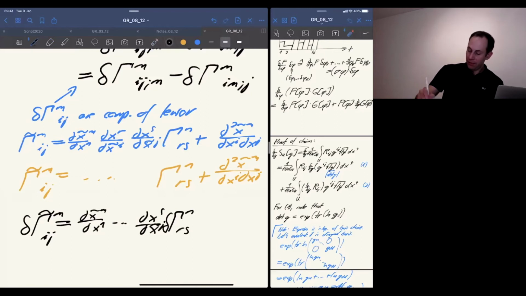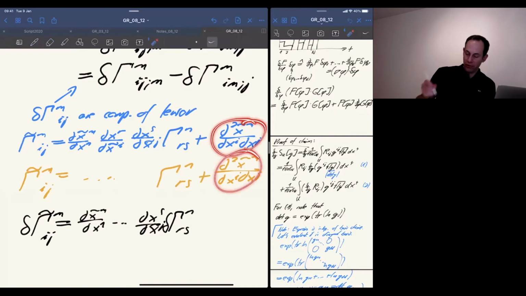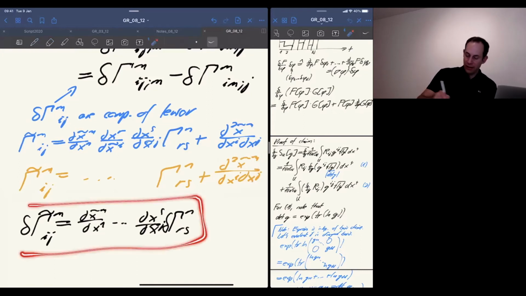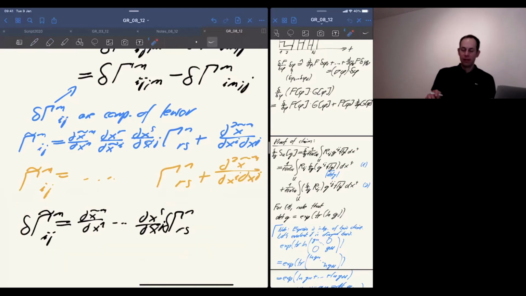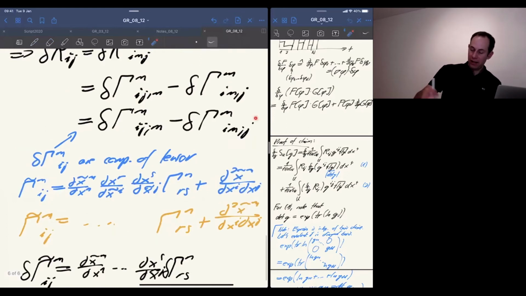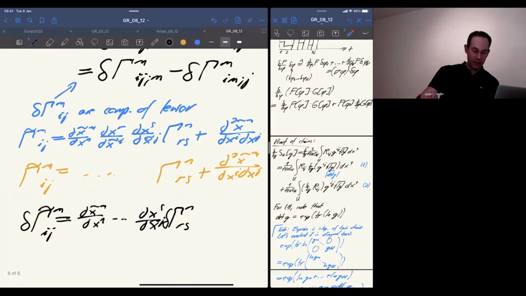But look what happens with this last term. The last term for the blue gamma and for the orange gamma is the same, because it actually doesn't depend on gamma. It just depends on how I transform coordinates, or on the two coordinate systems. So the difference between these two terms just gives 0. And what I'm left with is this transformation rule here, which is the transformation rule of a tensor. So therefore, delta gammas transform as tensors, which justifies the fact that I can put semicolons here, which mean that they're contra- or covariant derivatives.